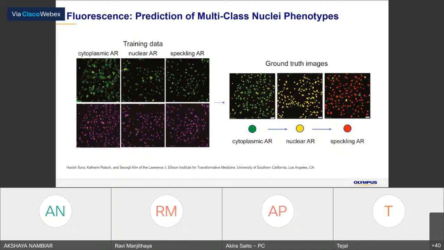But what this customer did is they had three different types of cells, where one sample only has class 1 cells, another sample only has class 2, and this one only has class 3, and they gave where the nuclei or objects are as a ground truth like this.